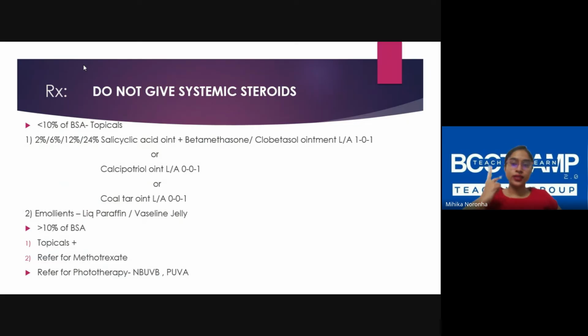Two drugs only: acitretin and cyclosporin. Acitretin never in the reproductive age group. It has a 3-year washout period. The patient may not be getting married today, but we cannot tell what the patient is going to do in the next 3 years. So only post-menopausal women and adult males who are above the reproductive age will get acitretin. Again, with supervision.